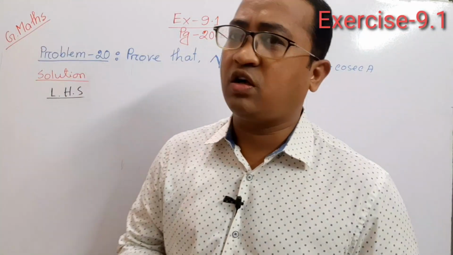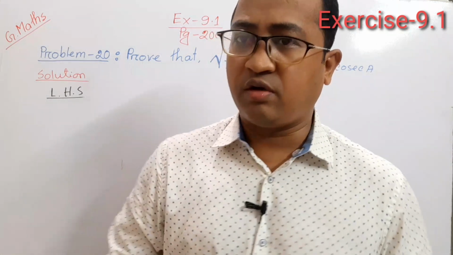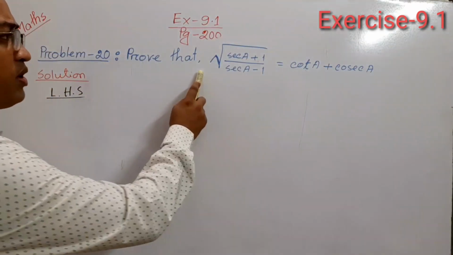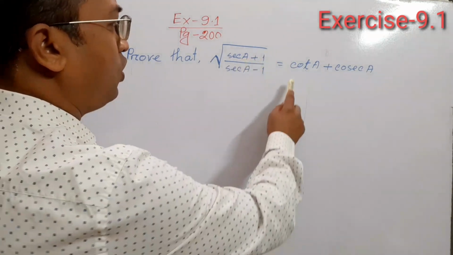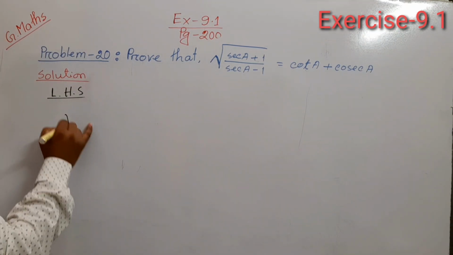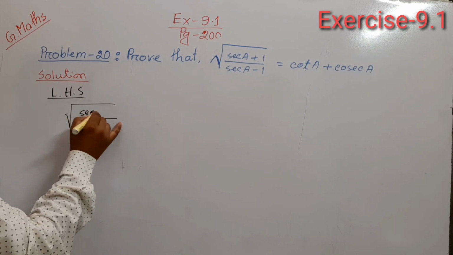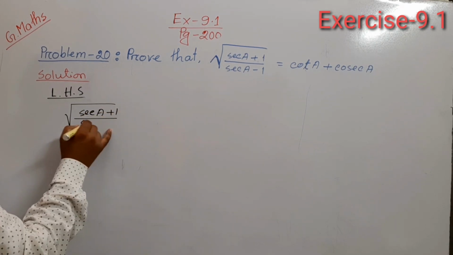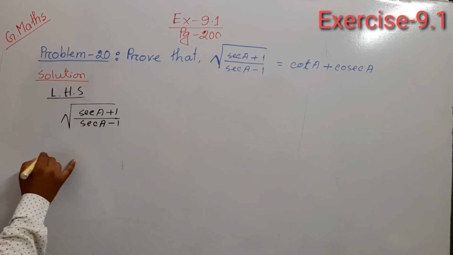Now the last question of today's lecture, that is question number 20. Prove that root over (sec A plus 1) by (sec A minus 1) equals cot A plus cosec A. So left hand side, sec A plus 1 by sec A minus 1, that is,